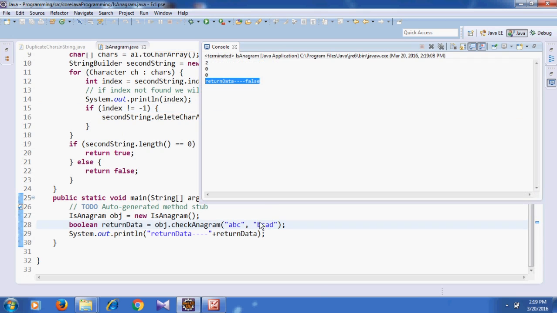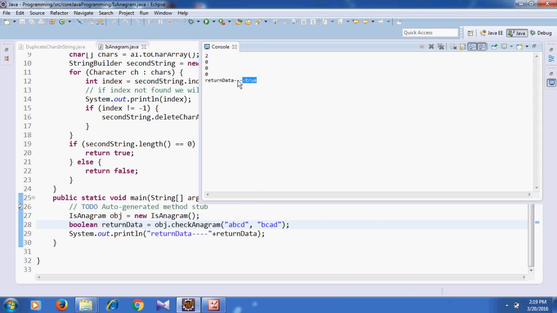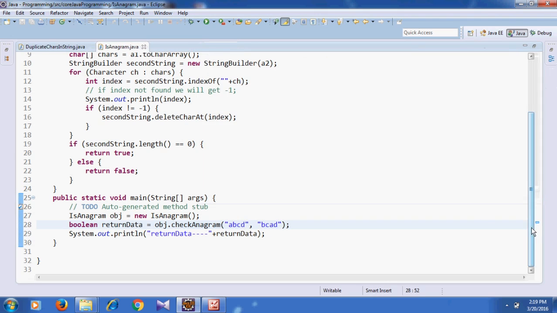So this second string is not a combination of only the first string. It has the extra character D. But the moment I keep D here also, now I will get true. See here, I am getting true, right? Now, to explain you,